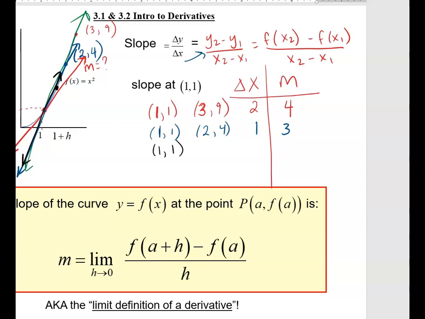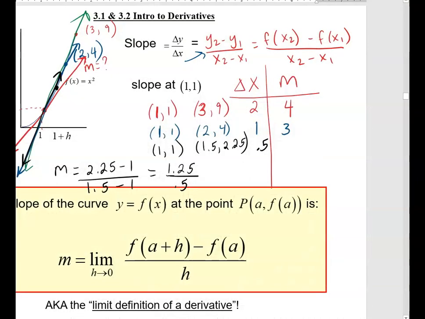So we've got 1, 1 to 1.5, 2.25. These are just simply the y values when you plug in 1.5 into the function x squared. My delta x now is 0.5 because notice that would be 1.5 minus 1, the difference in the x's. So my slope is 2.25 minus 1 divided by 1.5 minus 1, which is going to just give me 1.25 divided by 0.5, and I believe that gives me